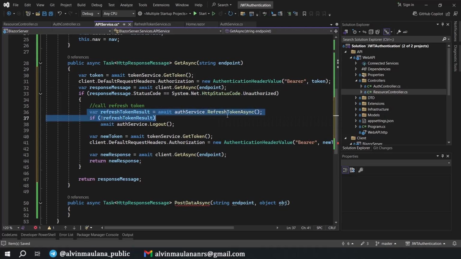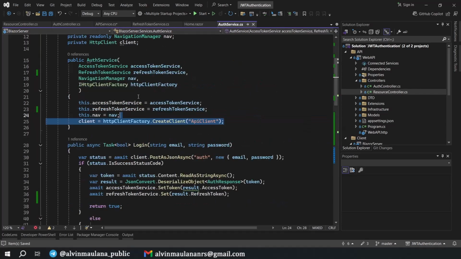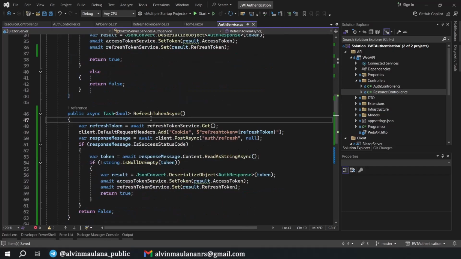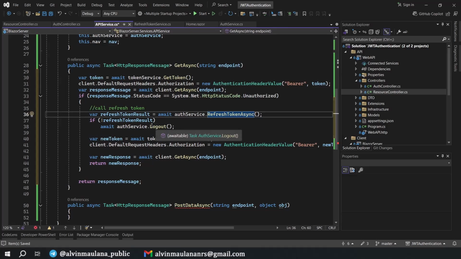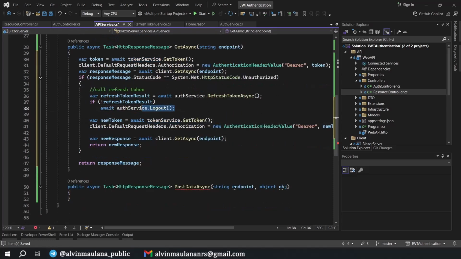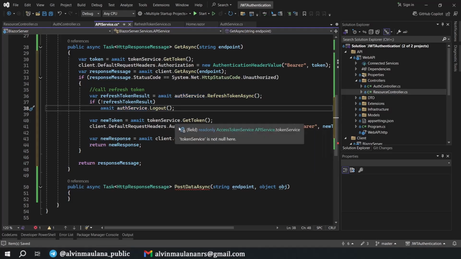In here, we will call the refresh token asynchronous. We have created this before, if you remember, in our service. Okay, this one. Okay, back again. And then if the refresh token result is false or fails, we will do logout in here. And if the refresh token result is true, then we already set the new access token to our cookies, and also we already got the new refresh token.